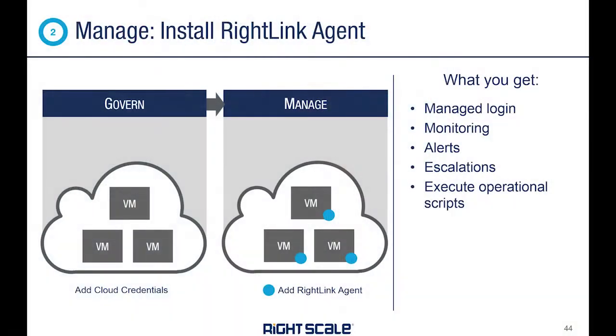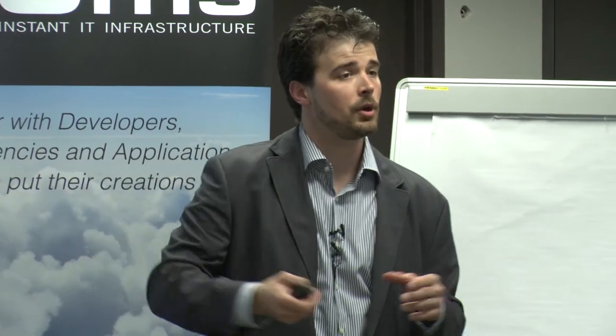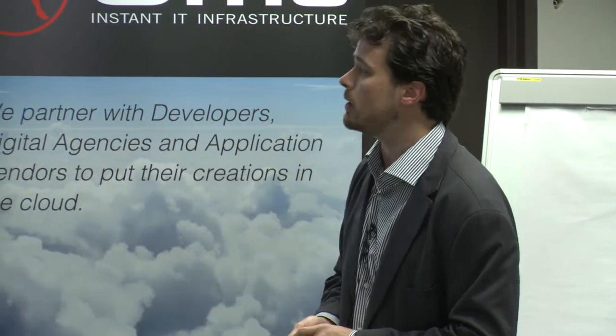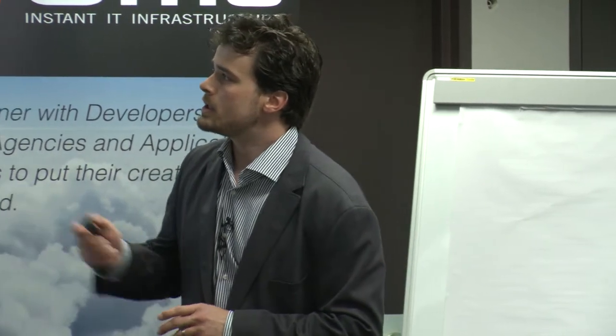Next, you're going to start managing your individual VMs. So the first step is managing the cloud. The second step is managing the VM. RightLink is an agent that can be installed on each VM. It's a lightweight agent that is responsible for a few key functions. It's basically responsible for getting information about that VM back to RightScale and governing access to that VM from either RightScale or actually just from SSH or any other connection that you want to make to it. It also gives you the ability to start executing scripts on taking remedial actions,